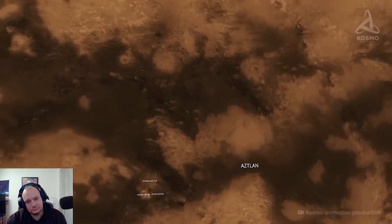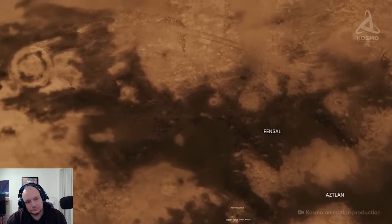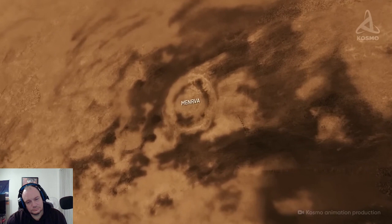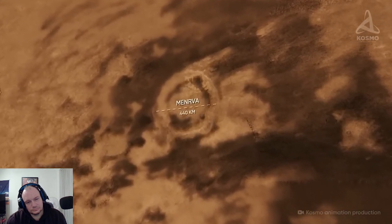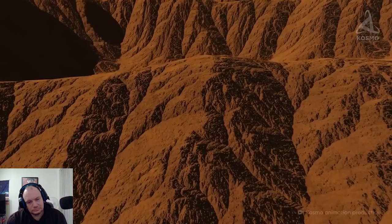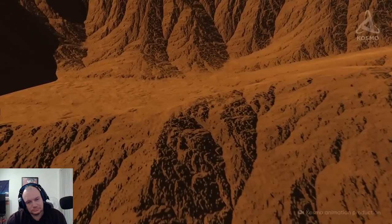Our flight will continue over the dark area of Fensel. The largest impact crater of the celestial body, Minerva, is located in its northwestern part. It reaches 440 kilometers in diameter, which is about 3 times larger than any other crater on Titan. The depression is about 200 meters deep, and the ring of the mountains surrounding it is less than 500 meters